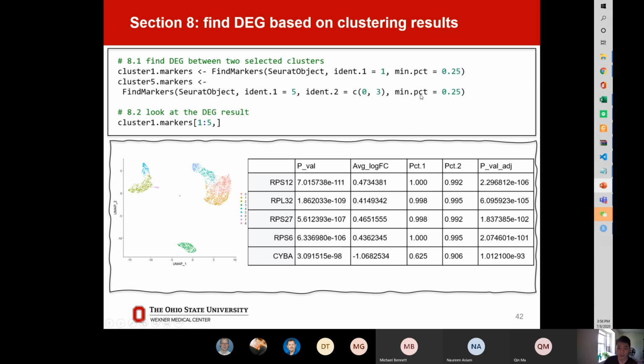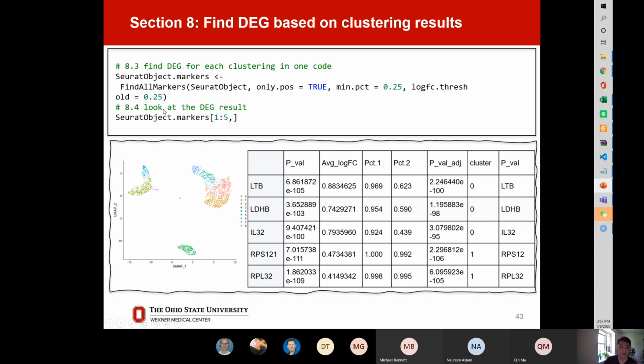And min.pct is another parameter. It indicates how many cells at least should express this gene. That means at least 25% of cells should express those genes. Okay, and very interestingly, this group gives one more function that calls